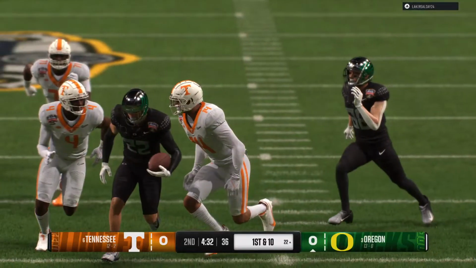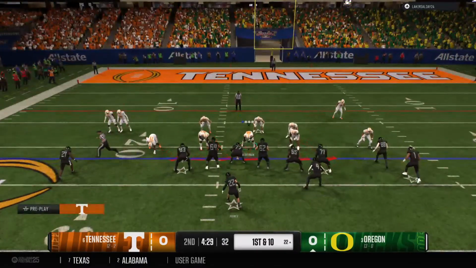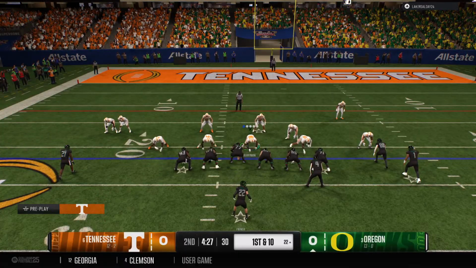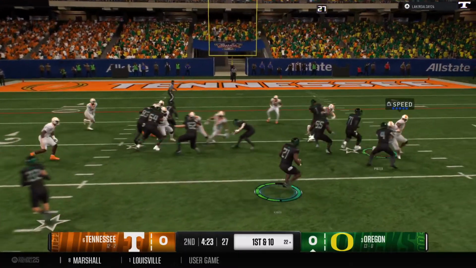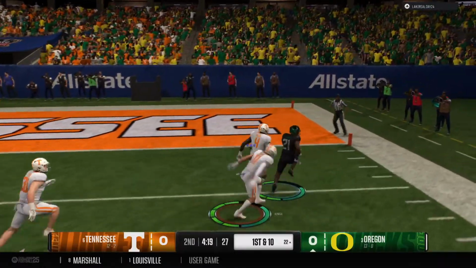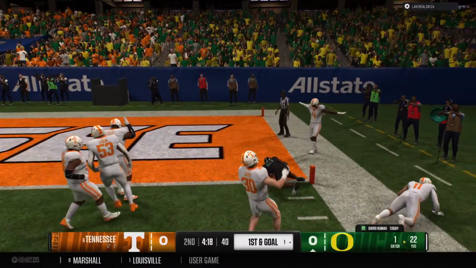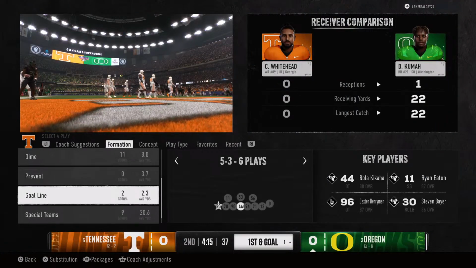Well, there's a great example of a defense selling out to stop a third down and short. At 3rd and 2, looks like they put everybody up near the line of scrimmage, and when the back got free, he's able to go and pick up huge yards because there's no safeties back there to slow him down. Got a lane. Can he get in? Doesn't quite get in, but it sets up a 1st and goal for this offense.